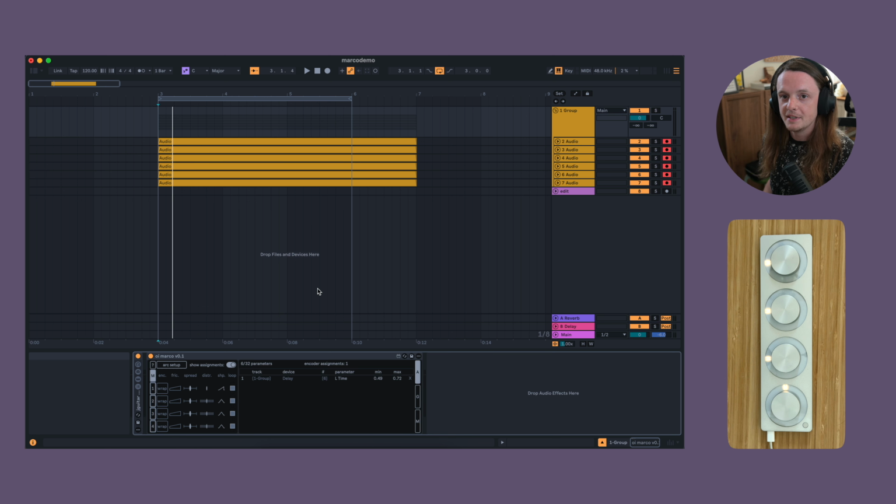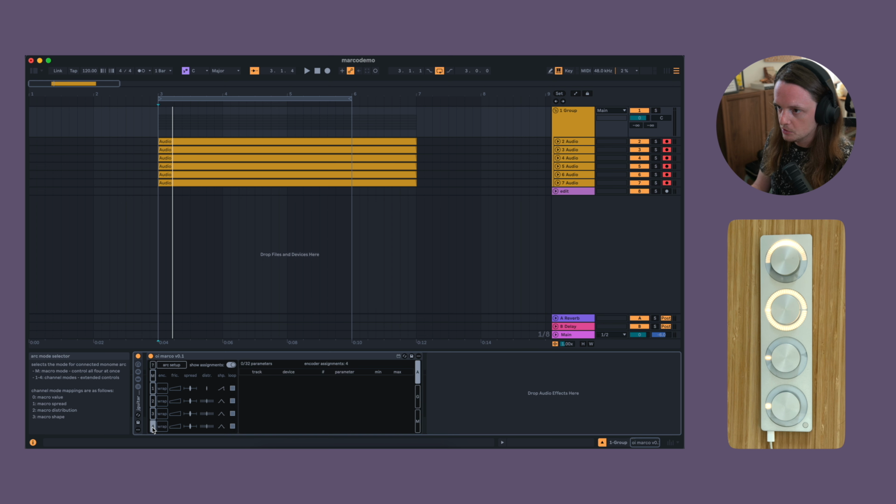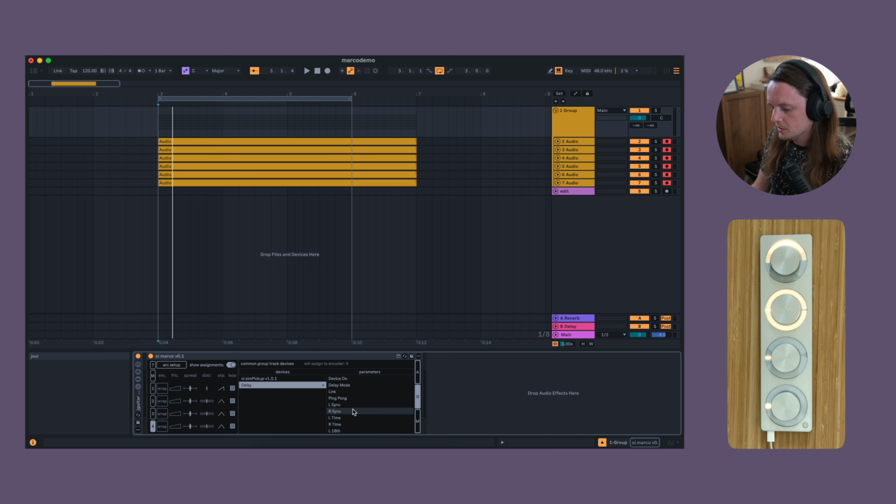Now say I wanted to create a separate macro mapping to control the feedback or repeats of the delay. I'm going to tap button 4 here to enter channel mode 4, and then I'll go over to the right and hit this G button. And this view that we see now is a filtered list of all of the devices that are common to